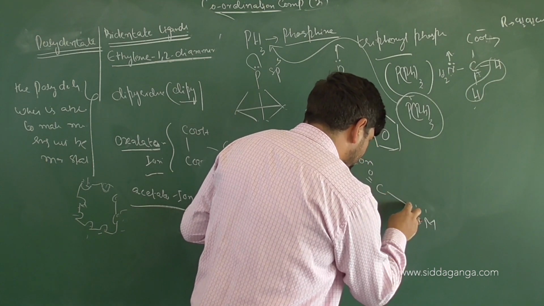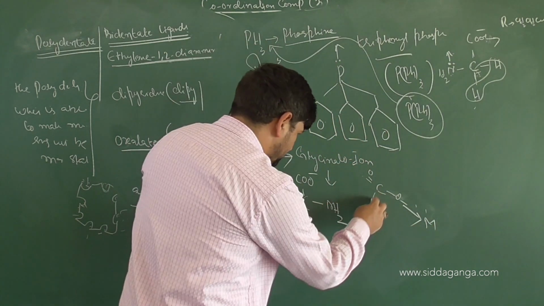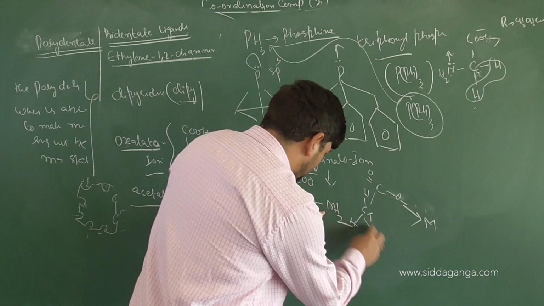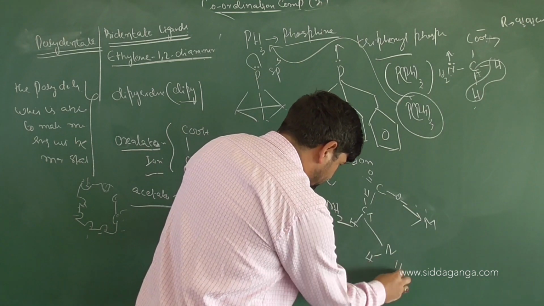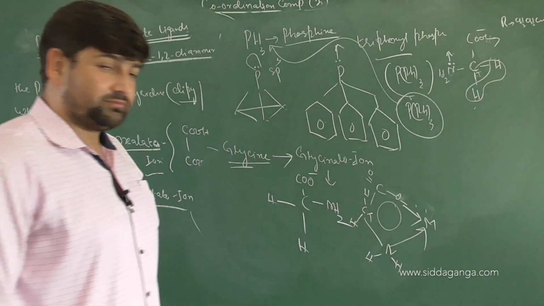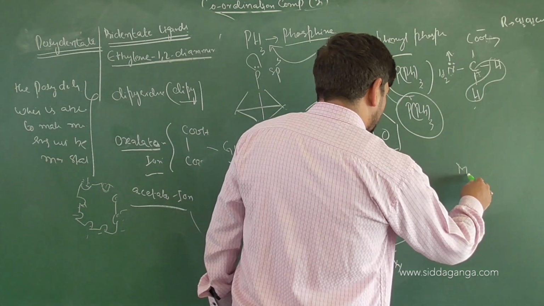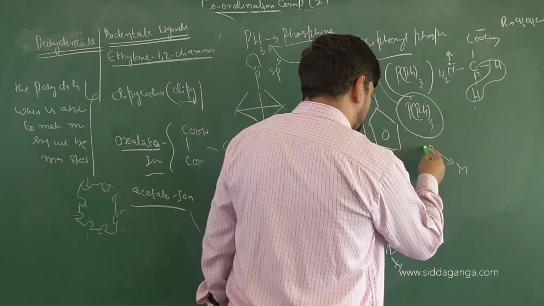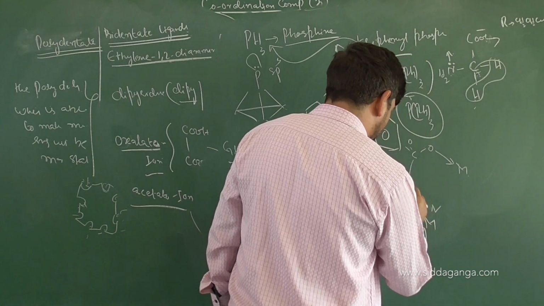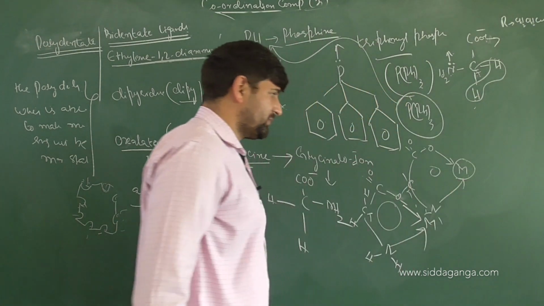We have one more oxygen which is donating electrons. Then C is attached to C alpha, which has how many hydrogens? 2 hydrogens. Then that carbon is attached to what? N, which has how many hydrogens? 2 hydrogens. And this nitrogen will be able to donate electrons to metal. So chelation has come into play. Followed? So you can directly write it like this. So we have metal atom. You have got oxygen. Then you can put the chain as C double bond O. Then you can move it like this, because this will mention carbon here. HH, C alpha. Then N. You got HH, 1 electron pair donated to metal atom here. So chelation will come into play.